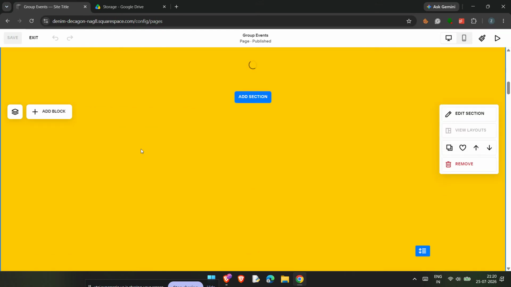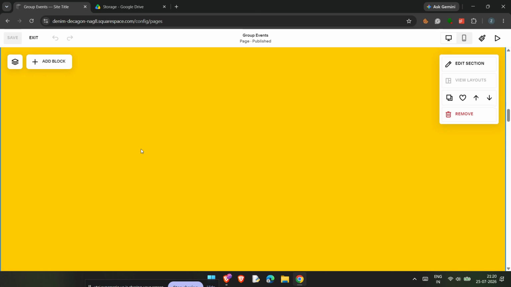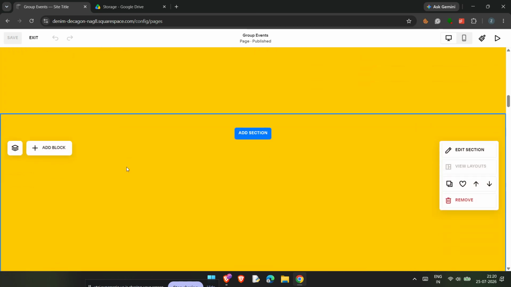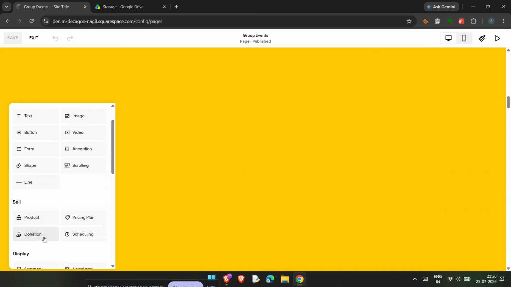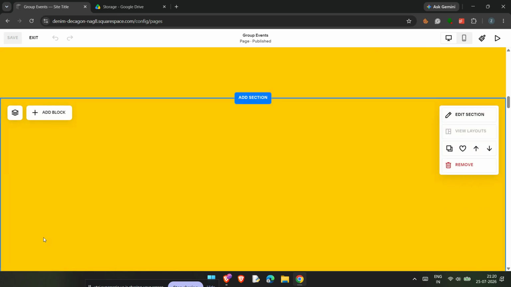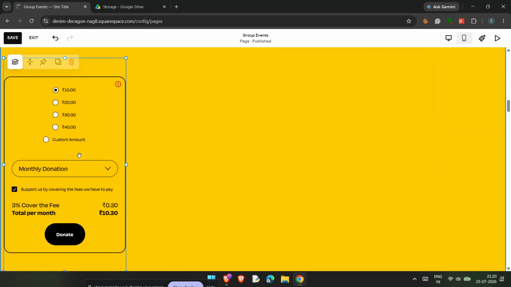Now look for the Fluid Engine section grid. This is where Squarespace lets you place blocks and arrange your page layout visually. Click the plus icon or the Add Block option, then choose Donation from the block list. Squarespace will insert a donation block into your page, and from here you can begin positioning it exactly where you